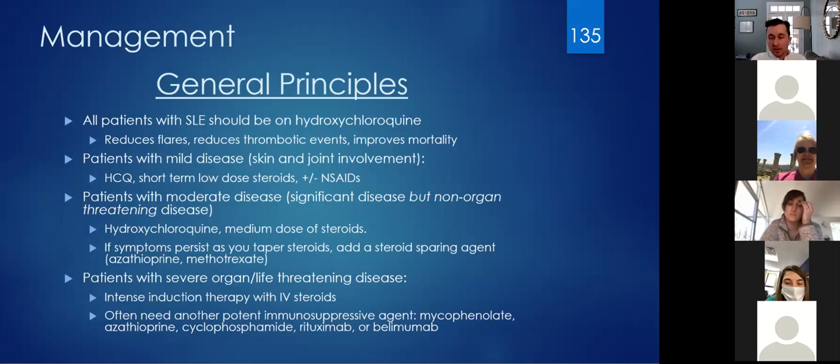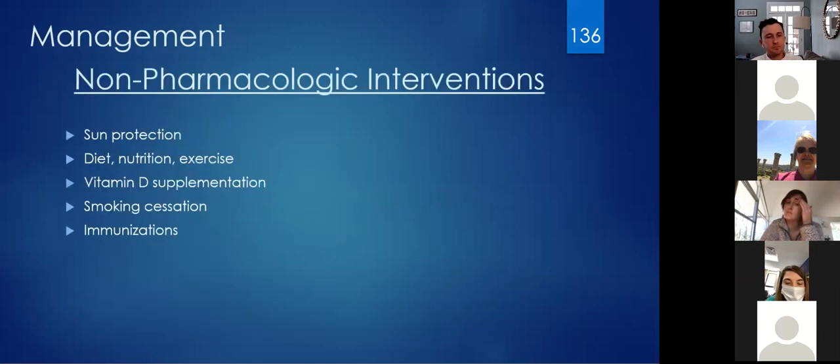And cyclophosphamide works by decreasing T cell activity. So that should make sense based off what we learned about pathophysiology. And rituximab is a monoclonal antibody that works by decreasing B cells, and it reduces the amount of antibodies that B cells are making, okay? So again, that makes sense in terms of what we've learned so far.